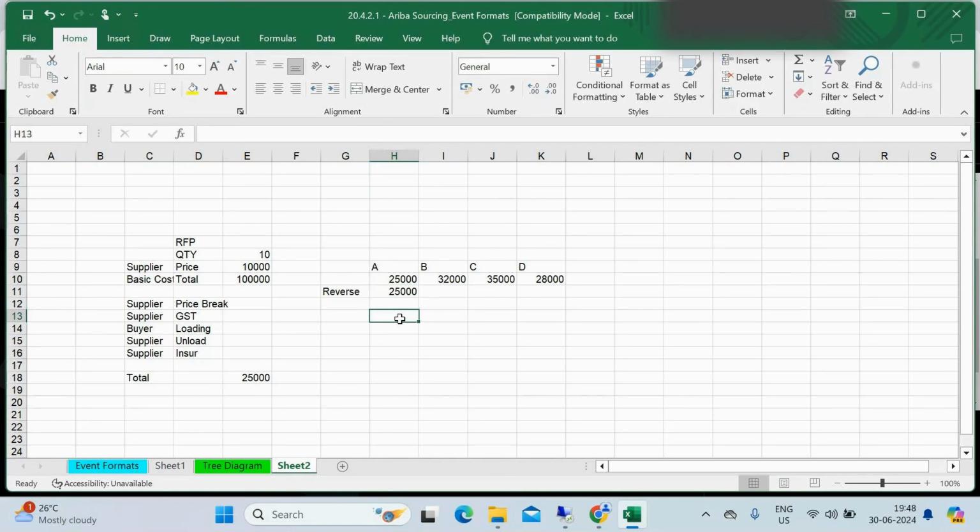But when we take this lowest price, if your specification is different, then your delivery date also matters. It is not only based on commercial terms.